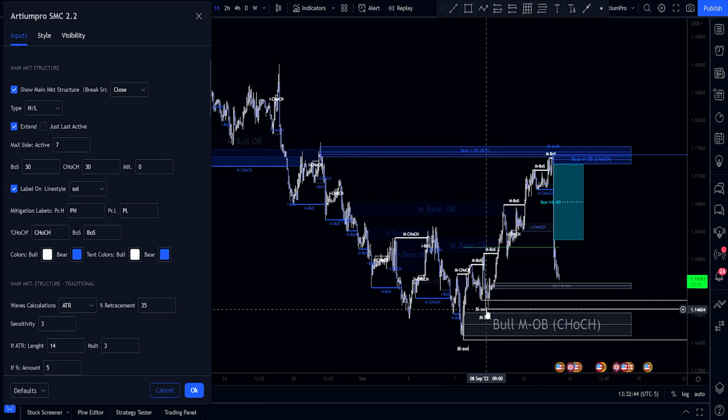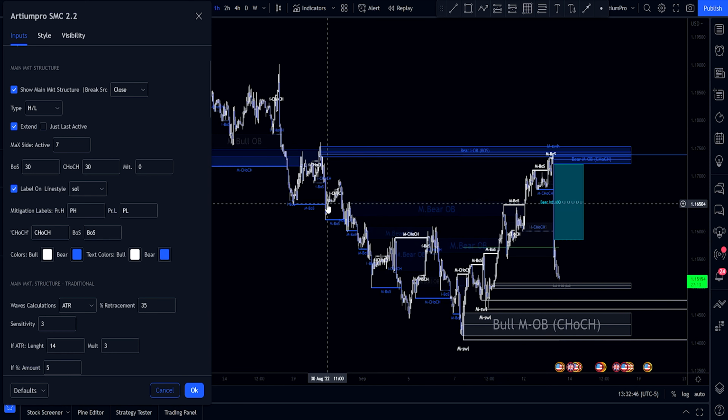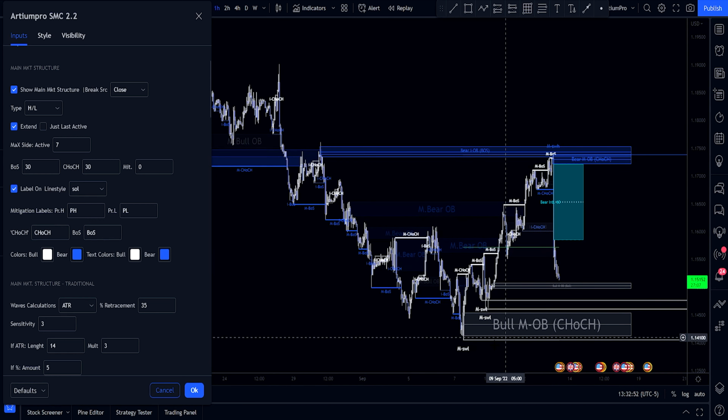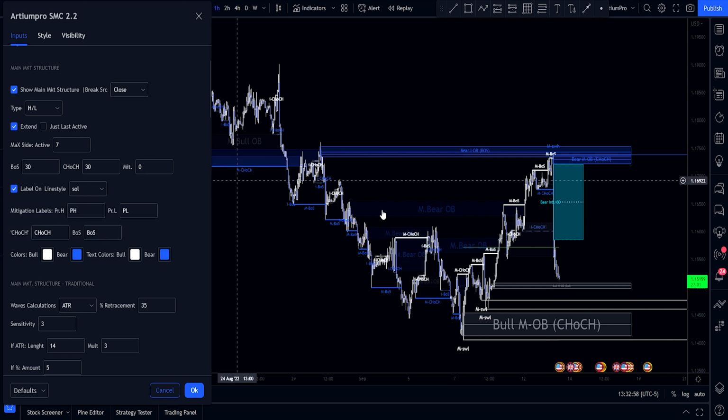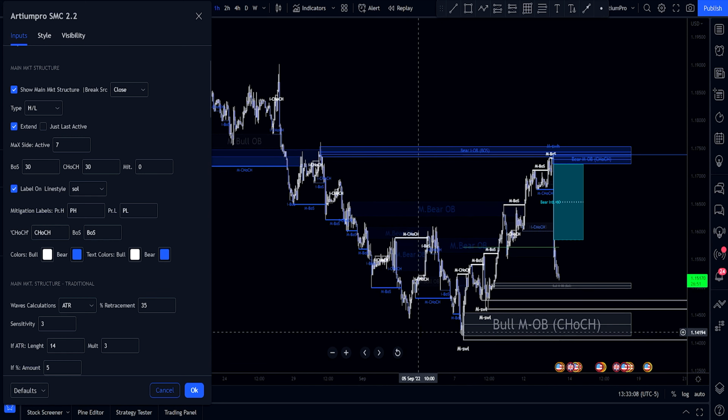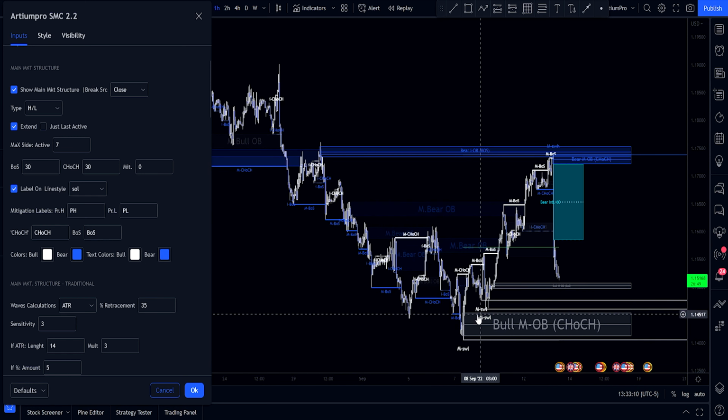So we've got a swing low here, a swing low here. The more you put on, the more will appear up and down. Now, if we're right at the bottom, even if you have 7, 8, 9, 10, it's just going to show the last available ones, even if you've got it to show more, especially if we've been in a long time bullish or bearish run, where we don't actually have any close enough to show us previous active highs and